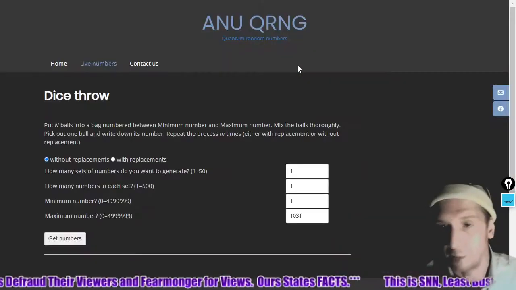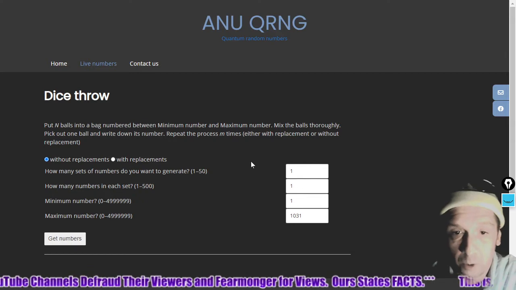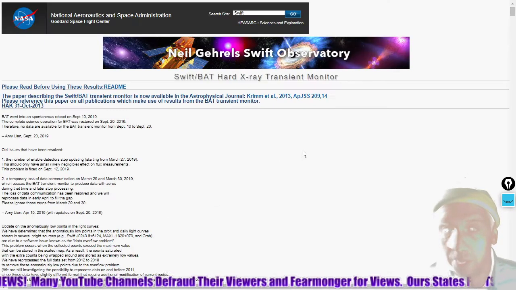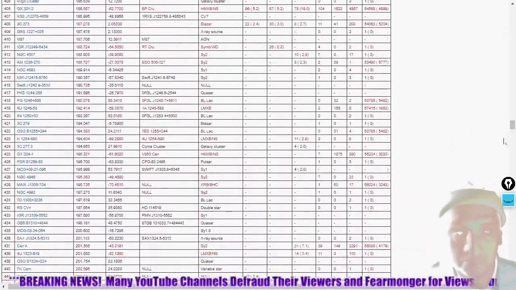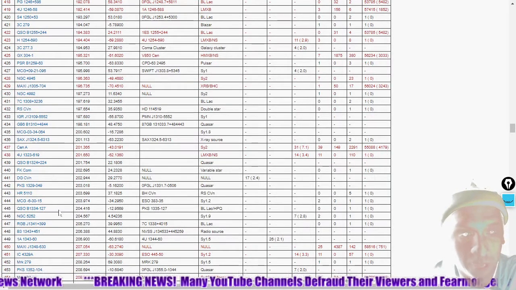Let's do a cosmology segment really quickly. Let's pick a random number using our quantum number generator here between 1 and 1031. Today's number is 445, which we may have done before. Leave us a comment if I'm redoing one here. 445 is quasar